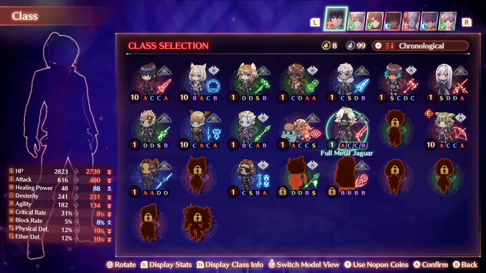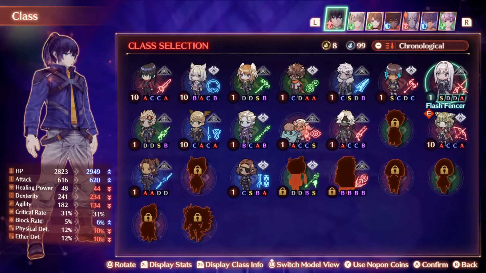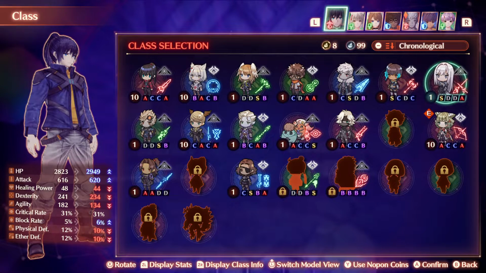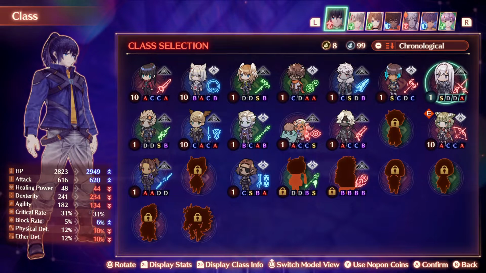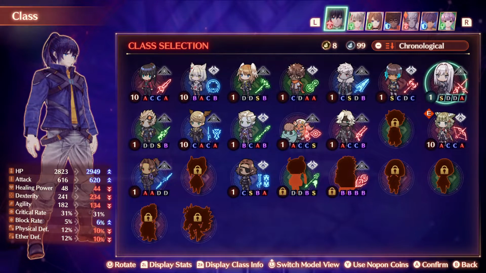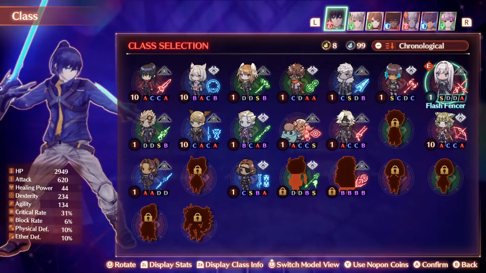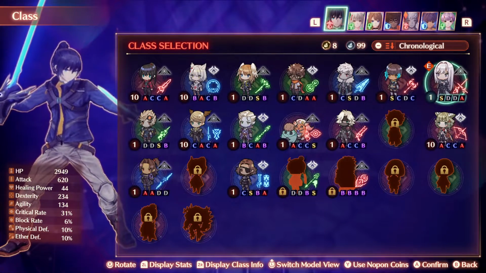Okay, so it seems like Noah's going to lose a little bit of attack. So you know what? Let's go and... So yeah, that seems fine. So we're going to move back with the one called Flash Fencer. I really do think that Noah should go and get the one for Flash Fencer. The enemies to me. So I want to move back to this one